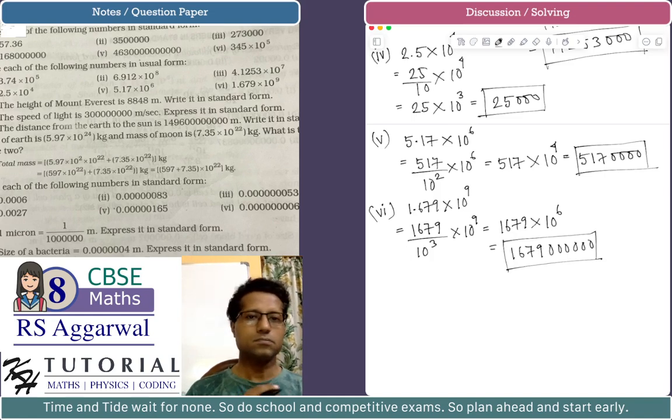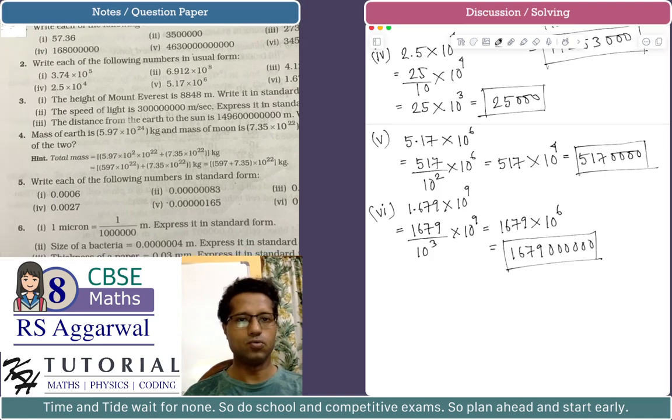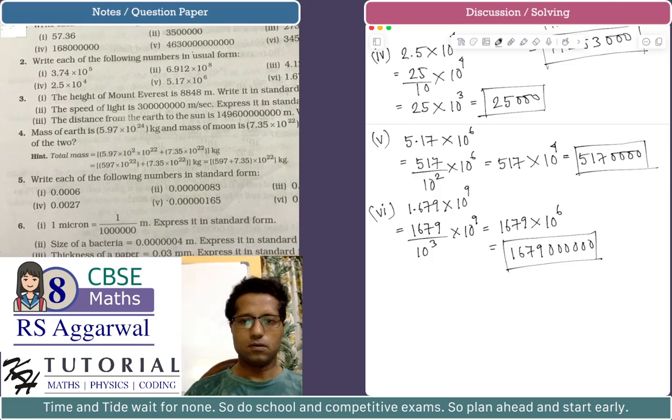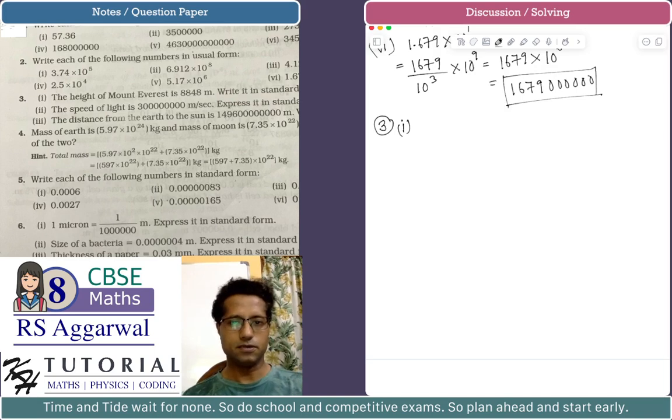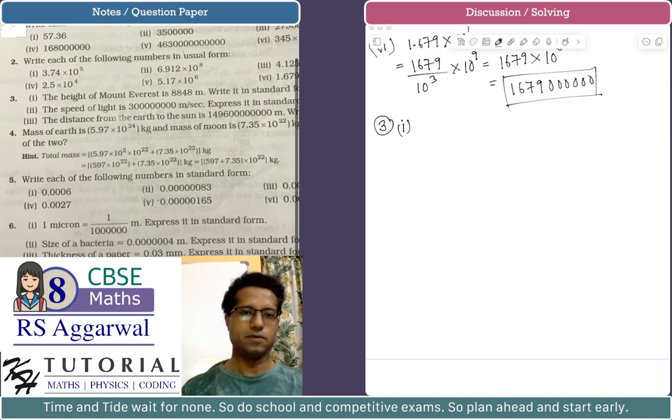Okay, so this was the end of problem number 2. Now problem number 3 is a kind of what problem. It says, first part, the height of Mount Everest is given to be 8848 meter. Write it in standard form. Okay, so basically we have to write